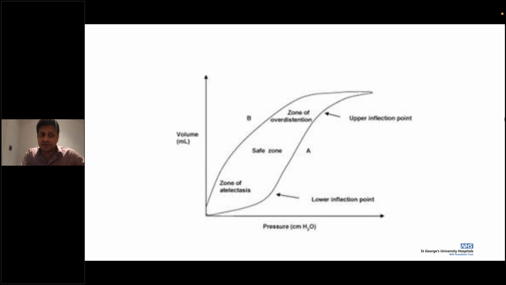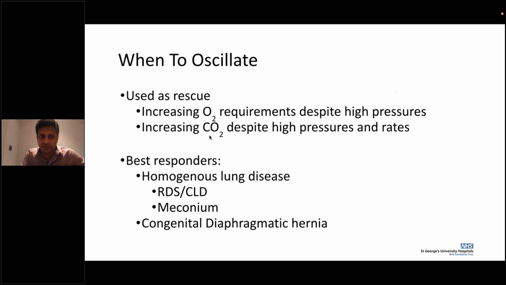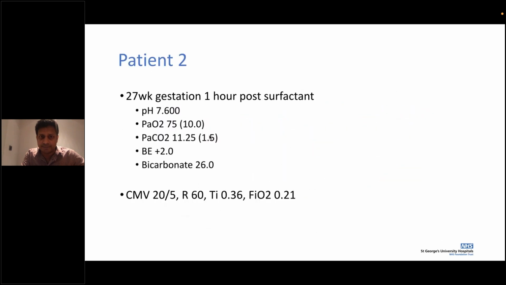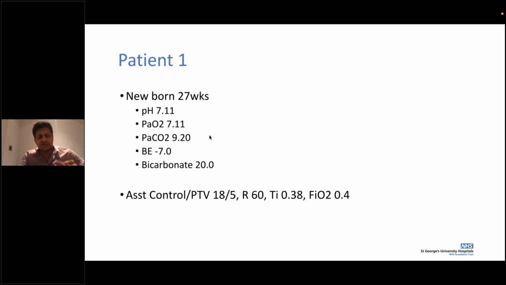Yeah, so let's start with the first one. I deliberately put very few cases because I was quite conscious about the time. So if we go back. Okay, patient 1. You've got a newborn baby, a 27-weeker, and that's your blood gas. This baby is just born and ventilated, on PTV, which means all breaths are supported. That's your blood gas and that's the pressure that is required. Can you fire away with some of your thoughts?